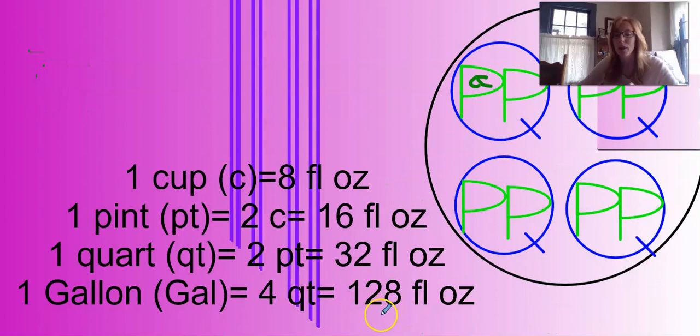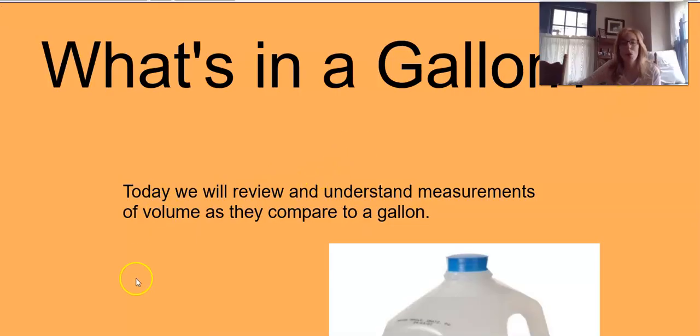So there's 128 fluid ounces because we had 32 with 2 pints. So 32 plus 32 plus 32 plus 32. That's 32 times 4, which is 128. Okay, so here's